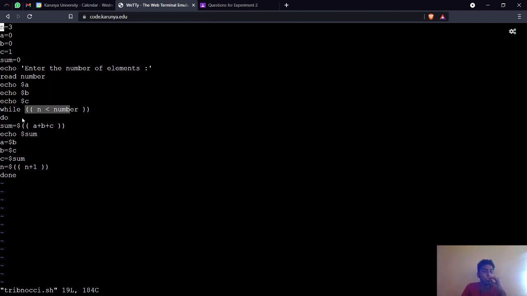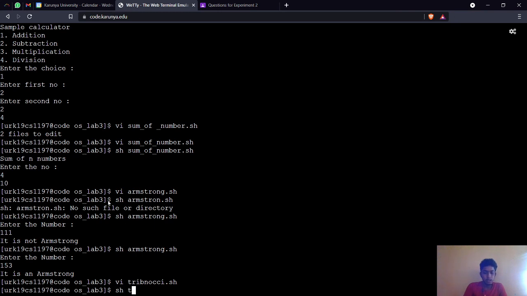Up to that point it will execute, and after that it will display the result. Since we have given echo sum, the result will be displayed in this loop. So now let us run this code.